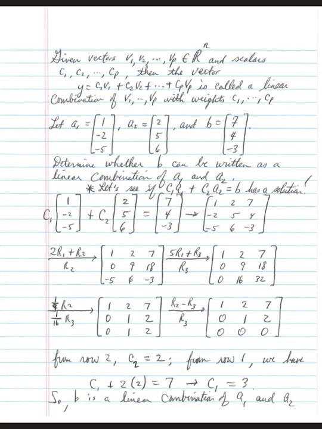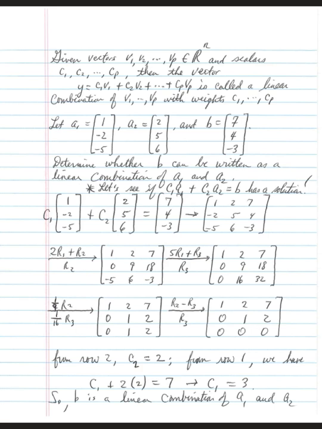If you've got a lot of vectors, given vectors v1 through vp, all of them in Rn, and scalars c1 through cp, then when you match them up, c1 and v1, c2 and v2, you've got a vector that's called a linear combination of the original vectors with those weights. The weights can be different, but they are matched up: c1, v1, c2, v2, and so forth. For example,